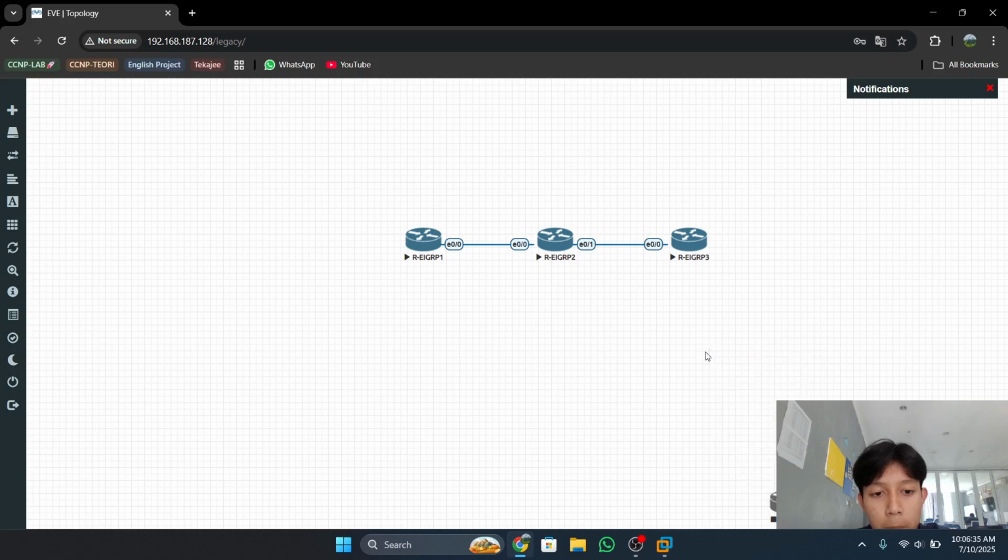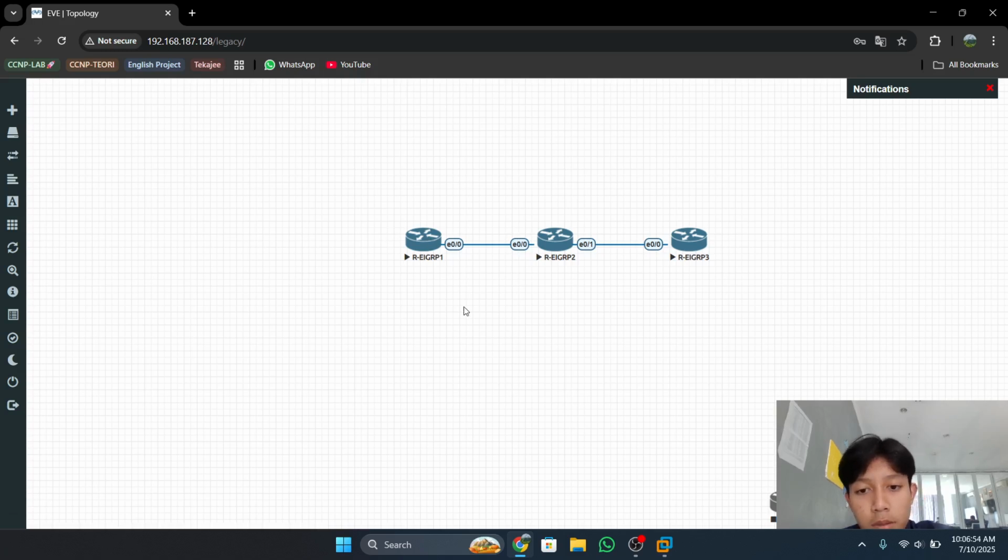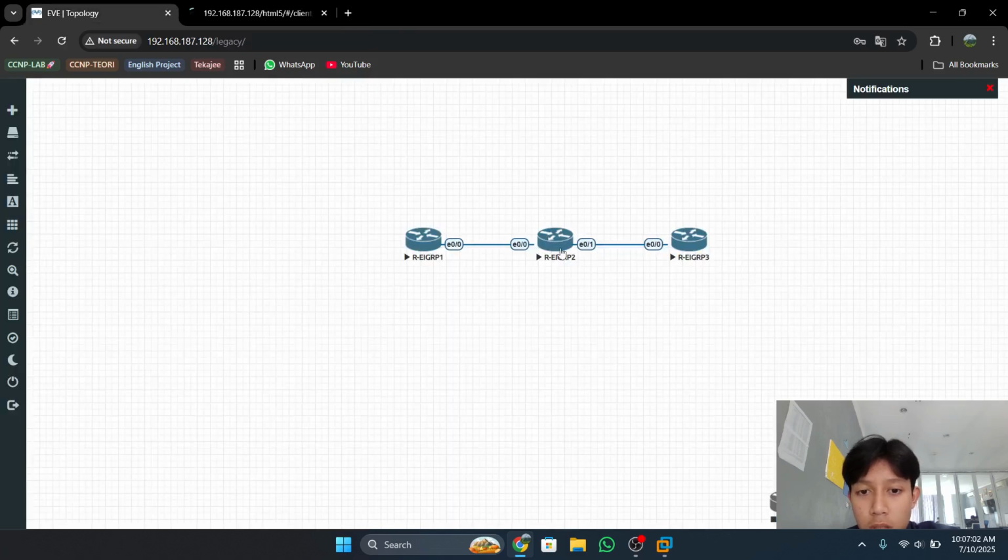After you configure the basic configuration, you can open the routers again: router 1, router 2, and router 3.